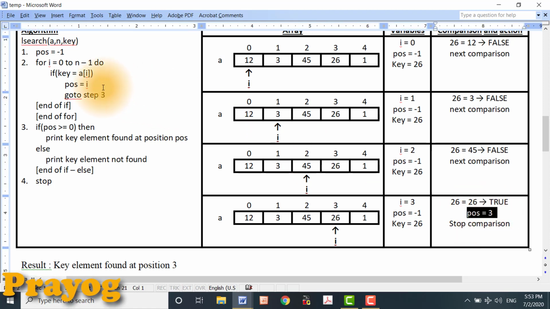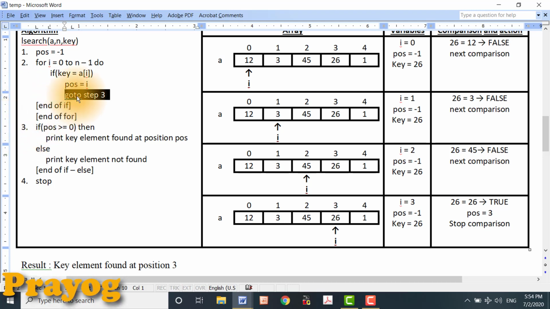You can observe that pos is equal to i, so position 3 is recorded, and it says go to step number 3. In fact, go to step 3 is nothing but the termination of the loop. That means program execution control is now transferred to step number 3.